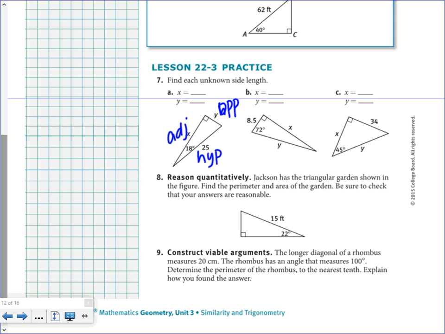So I'm looking for x first. So x is my adjacent, and I have my hypotenuse. So adjacent and hypotenuse is cosine. So the cosine of 18 is going to be x over 25. So then you can multiply by 25,